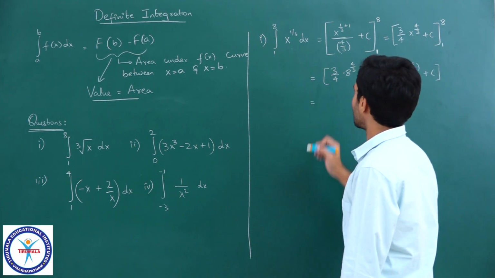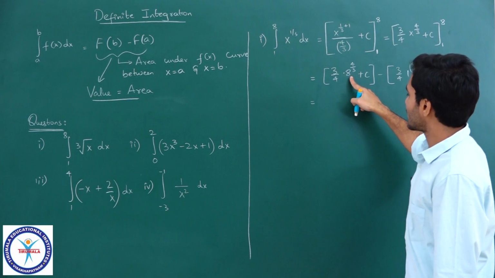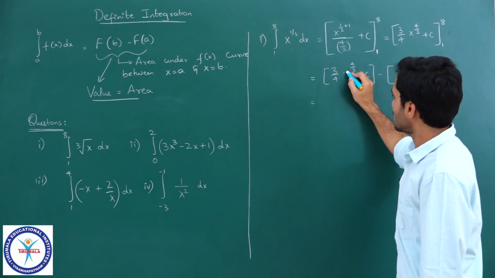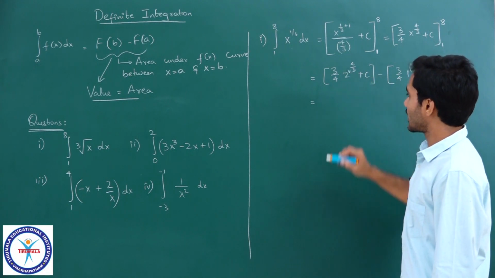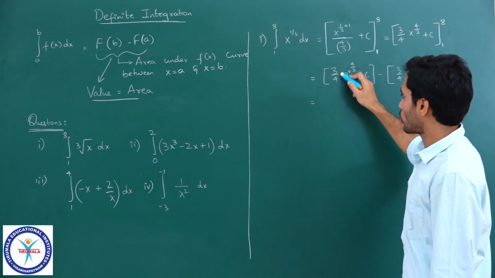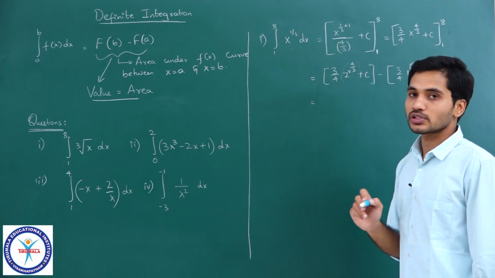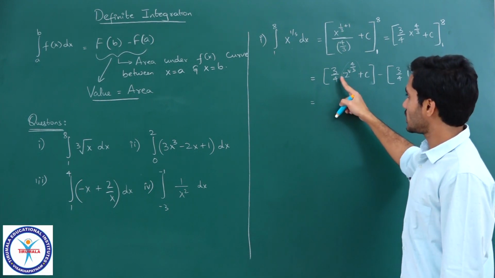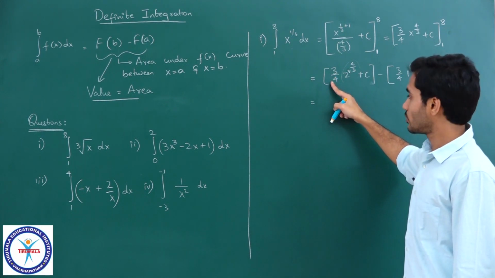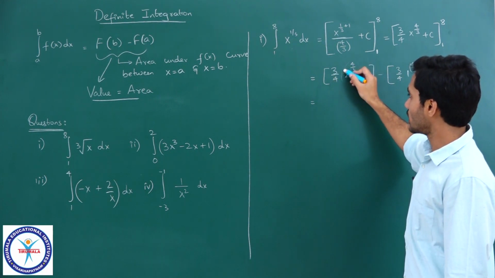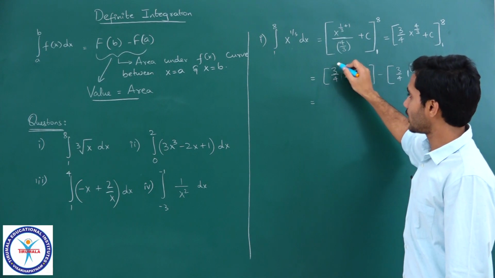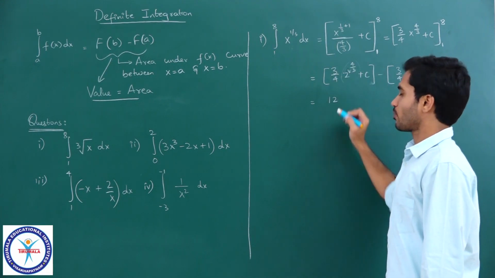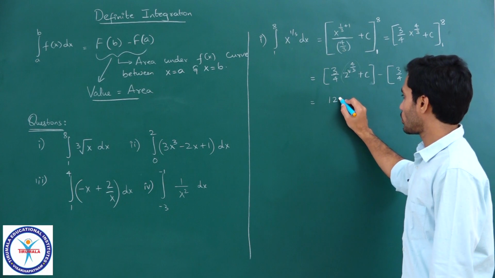So, this will be equal to, now you know that 8 can be understood as 2 power 3, right, and here 3 and 3 will get cancelled and this becomes 2 power 4. 2 power 4 is how much? 16. So, 16 into 3 by 4. So, here there is 1 4 and here we have 16, 4 1s and 4 4s, 4 into 3 will be 12. So, do the mathematics on your own.